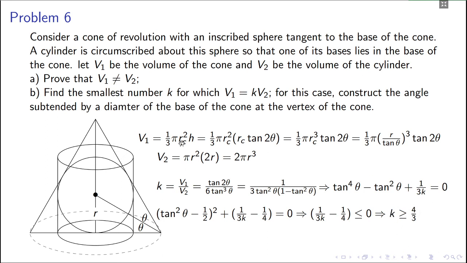So that means k cannot be 1. So if k is not 1, v1 is not equal to v2. And what is the smallest value of k? That's just 4 by 3. So when k is 4 by 3, this is 0, that will give tan square theta is half. Okay, so